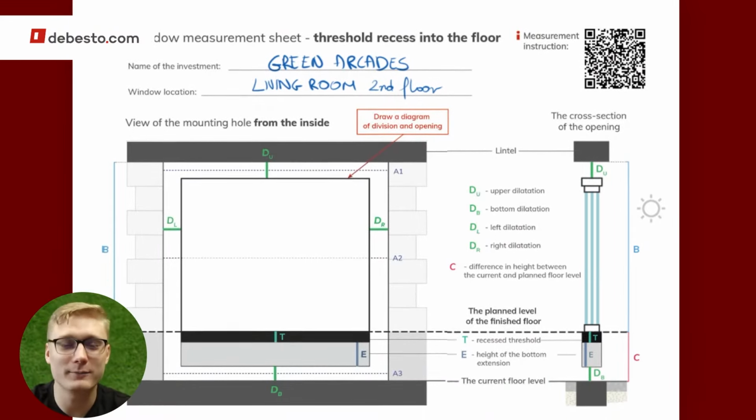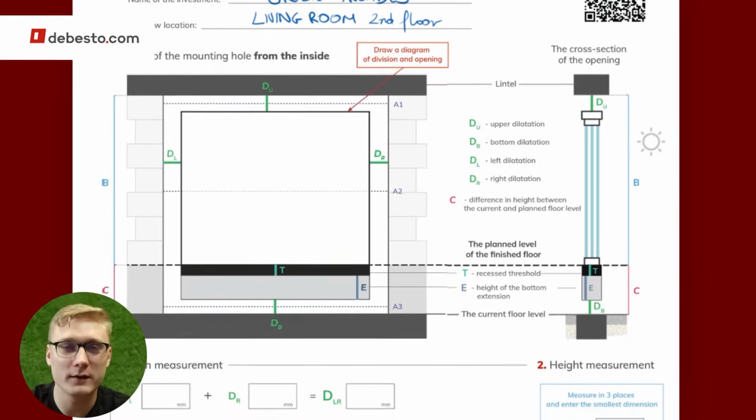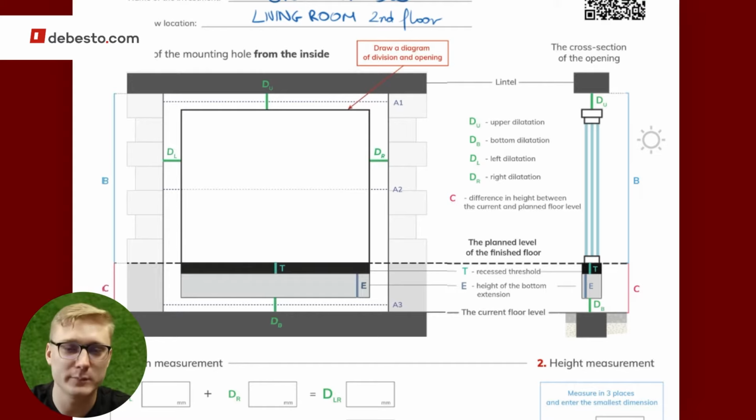Next, at the bottom, we have a view of the window opening with the view from the inside of the building and space dedicated to drawing an outline of the division of the window and inserting it in the center of the window opening. Dead center between the cross section and the view of the opening is the form legend,